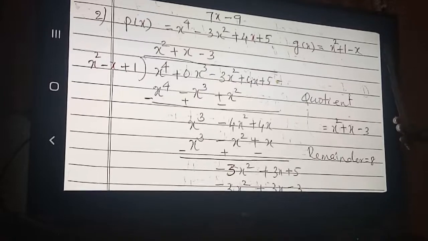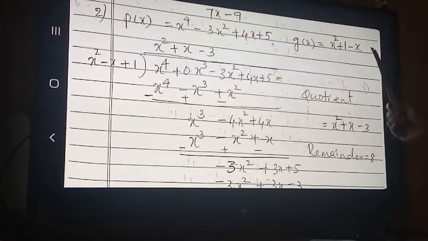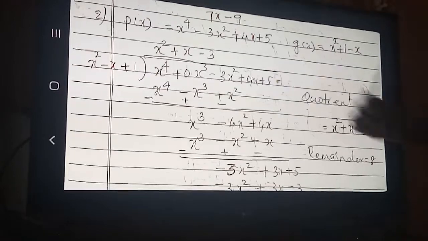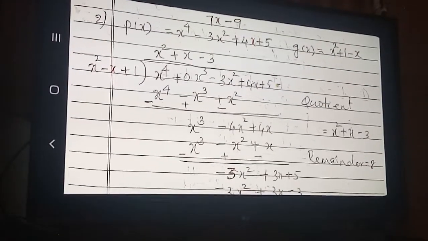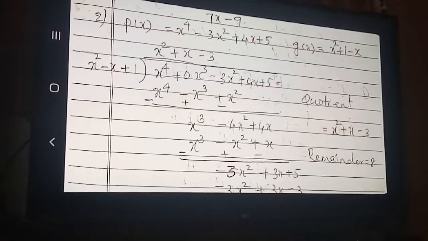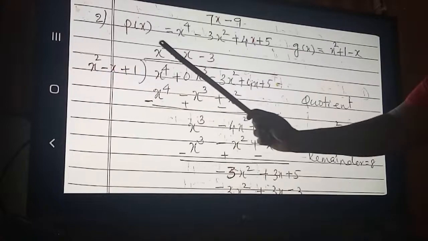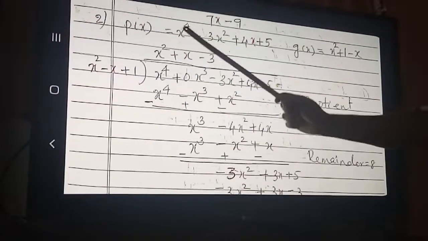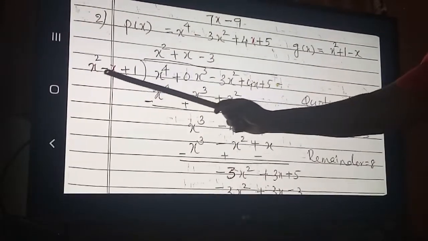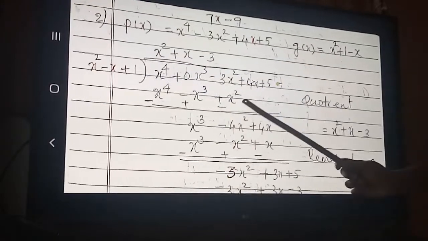Okay, written. Now g(x) also write in the same form. First the x square term, then the x term, then 1. Now as usual you divide the first term by the first term, x square coming. So x square is written here. This x square multiplied by x square gives x raised to 4, x square into minus 1 gives minus x cube, x square into plus 1 gives plus x square.